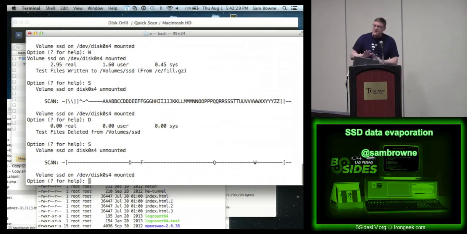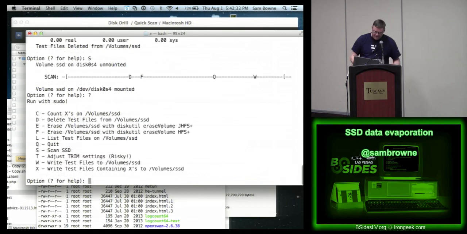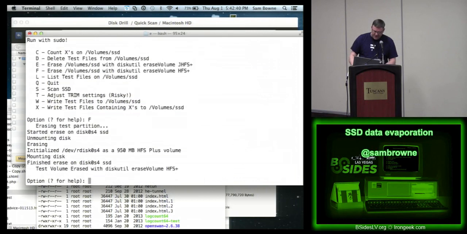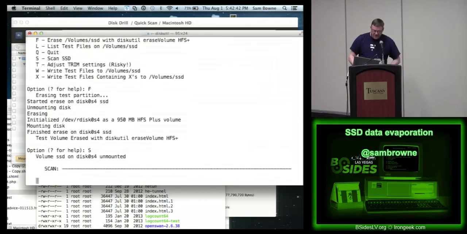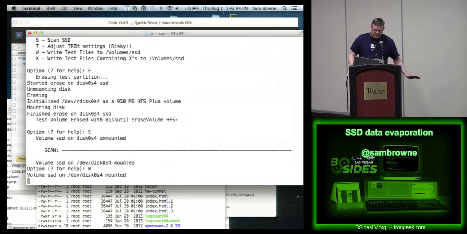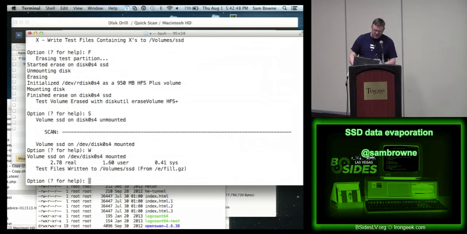And by the way, it doesn't even always happen at all. That's why I have this earlier format available. If you make this partition with the older HFS file system, so I'm just going to reformat that partition, and now if I scan it, it's all empty again. Now if I write stuff, put on all that stuff, oops, I did the wrong thing. F to format it,